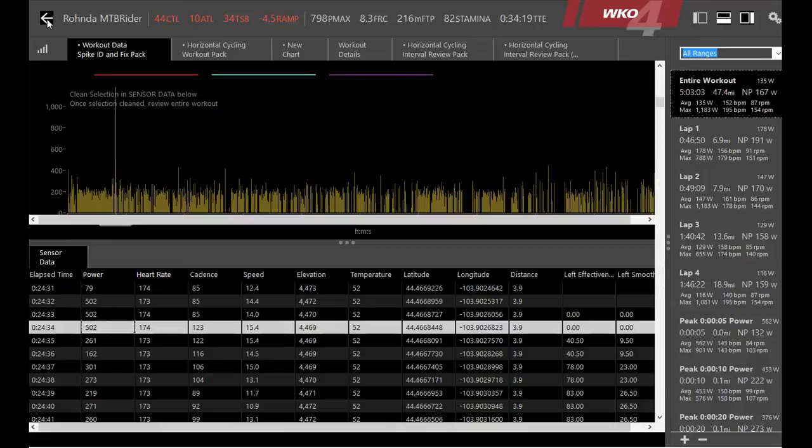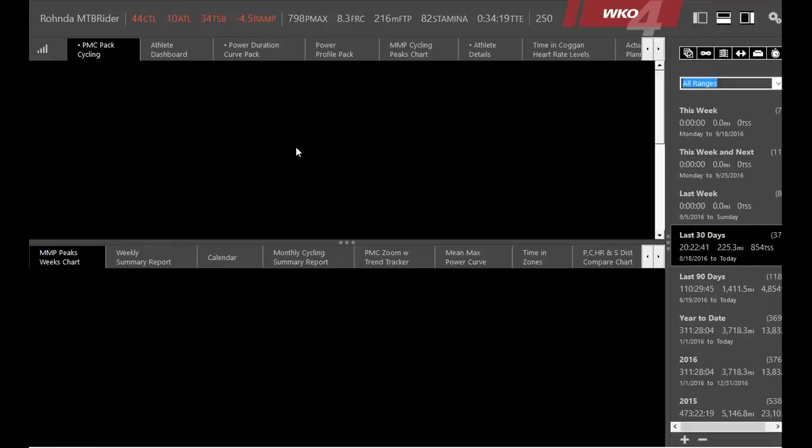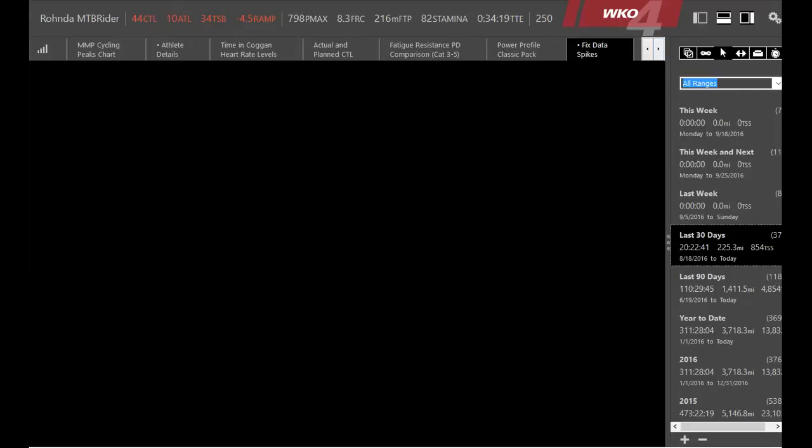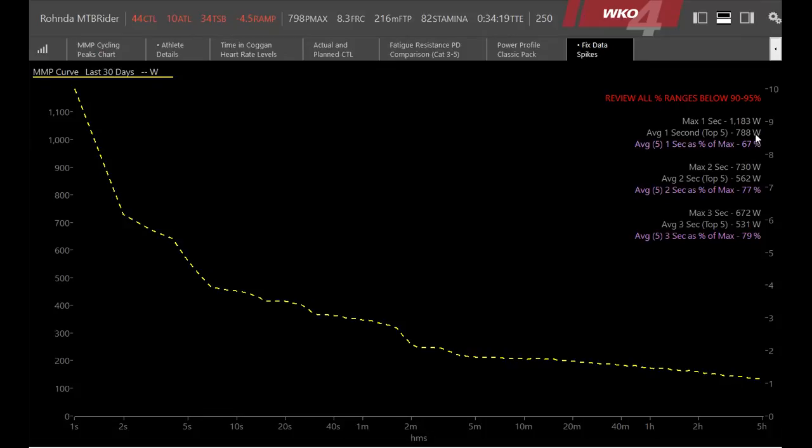Once you've done that, you can go back to your data spike chart, I obviously did not have it on my top right, and you'll notice the percentages will change. This athlete has a lot of bad data, so they have multiples. You noticed a small shift in this 1 second, but there's more. So I can repeat the process simply by right clicking on it,